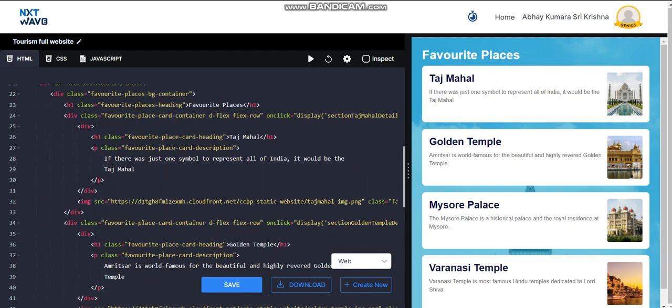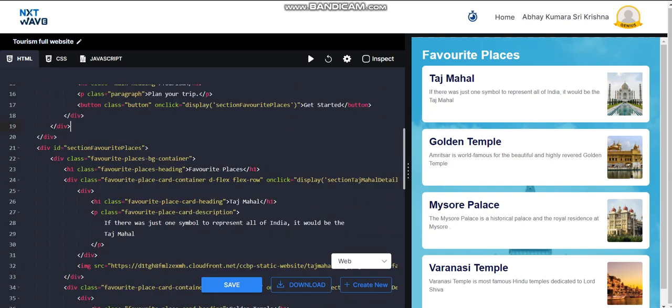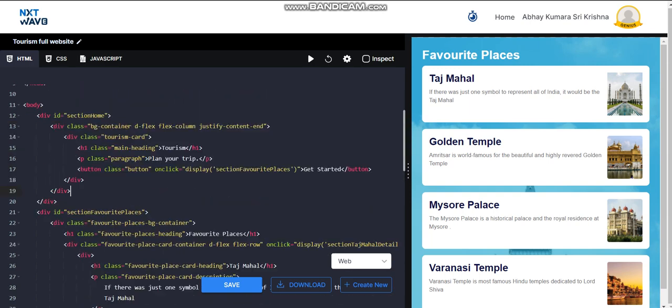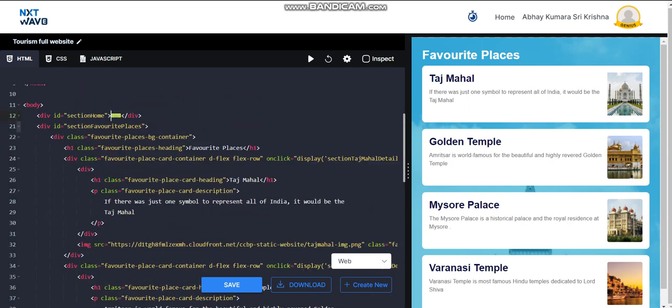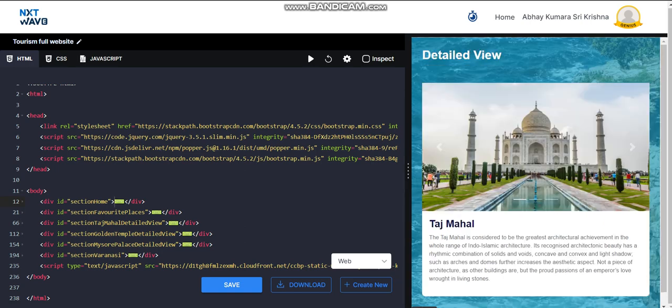That is this thing: Taj Mahal, Golden Temple, Mysore Palace, Varanasi Temple, favorite places cards. Now let me close these things. Okay, now when I click on the Taj Mahal card, it is showing the detailed view of Taj Mahal. Now let us go to the section favorite places.